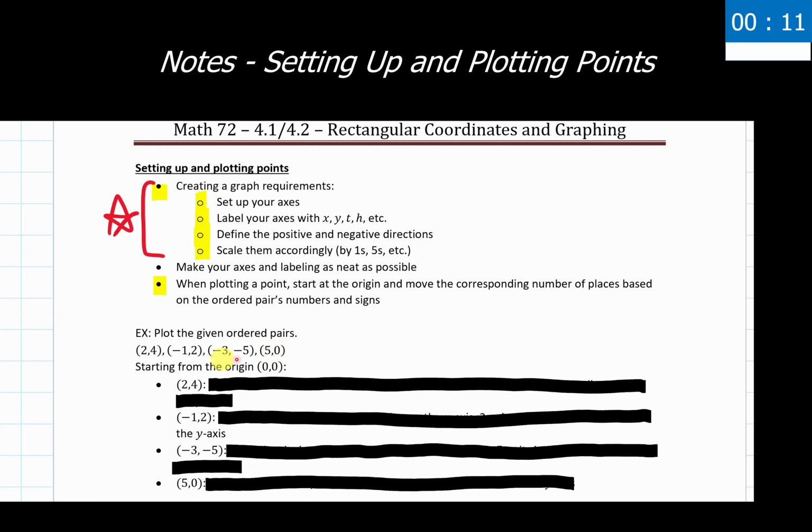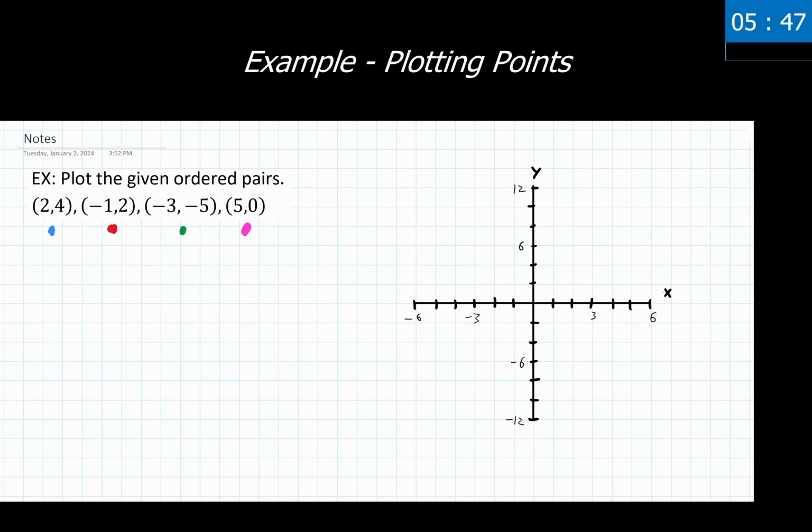So these are our 4 examples that we're going to use. And I'm going to go ahead and jump us over to a different screen, and we'll take a look at each of these in a bit more detail all by themselves. All right, so let's go ahead and graph these 4 points on our set of axes over here. I do want to go through, before we do that, some universal truths and universal facts regarding ordered pairs and how we determine which number corresponds with which axes we are working with.